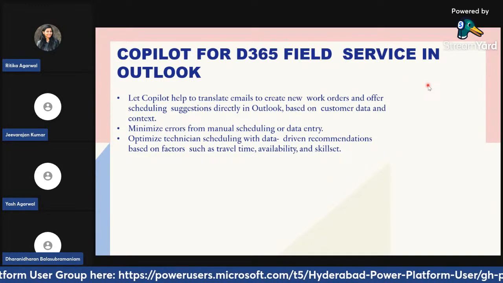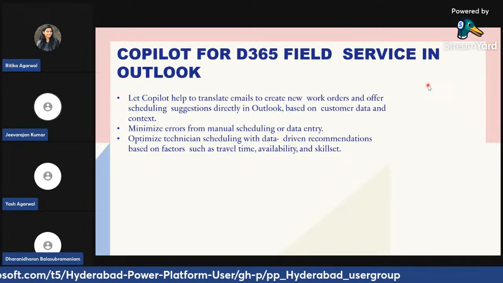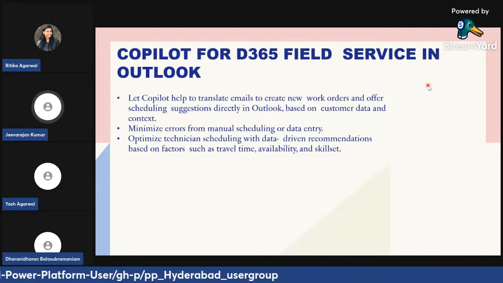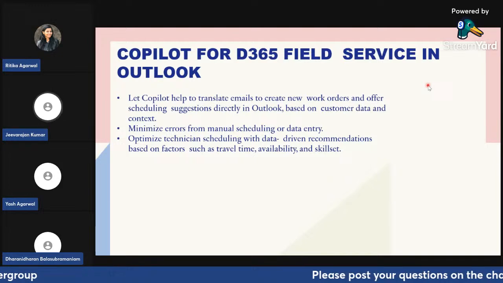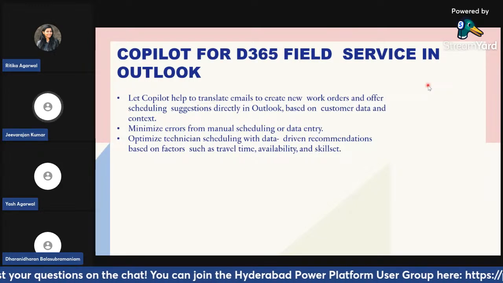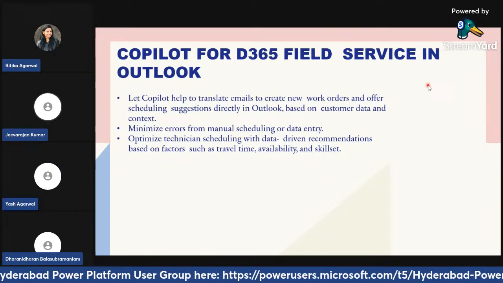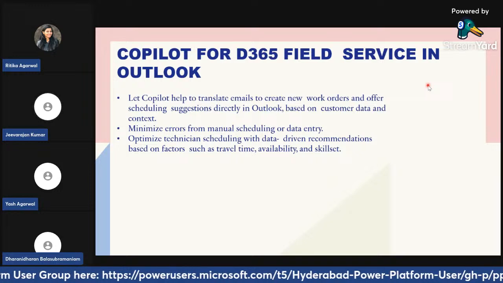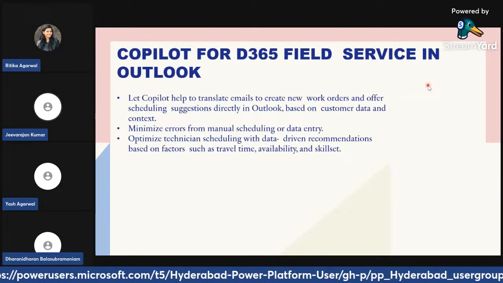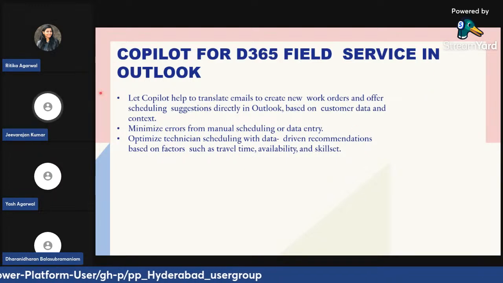So someone who is using Outlook heavily, when they receive an email from the customer, Copilot will help them to basically understand the context of the email, and based on the security access, it will help them to create a work order right there from the email, or amend changes to the existing work order, and also suggest the resources who can be booked for the work order within the field service widget inside Outlook itself. So without even opening Dynamics 365 for field service, it's quite handy and quicker for someone to use Outlook directly to do all these operations that I just said now.